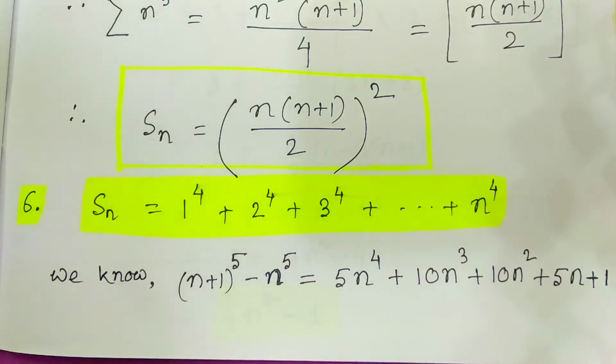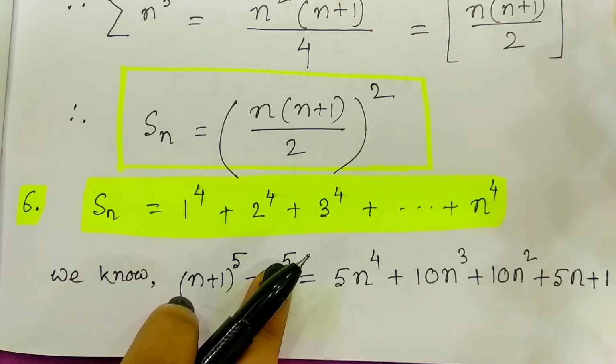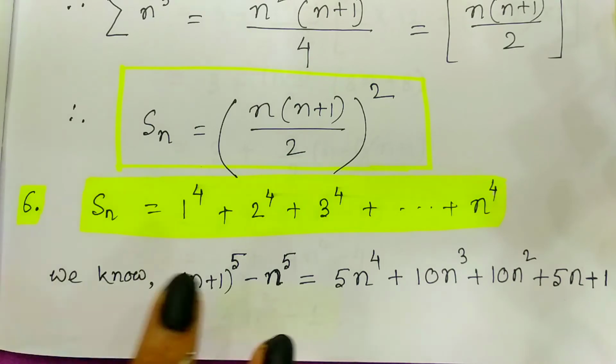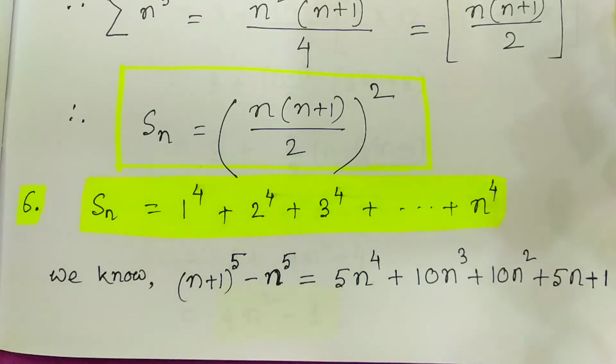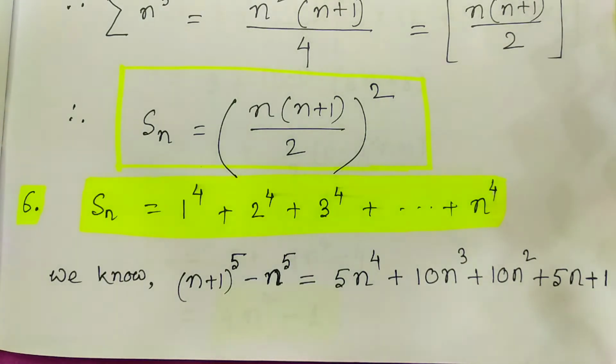So in this way we can find it. Its solution is given in the previous part of the video, and how to solve that is also given, but I have not given you the entire solution. So what to do now, I am going to give you a different example where we can use these series which we have proved right now, so that we can understand that if we have any kind of series, from there at first we should find Tn. After finding Tn, we solve it accordingly by using this standard series so that we can find the Sn properly.